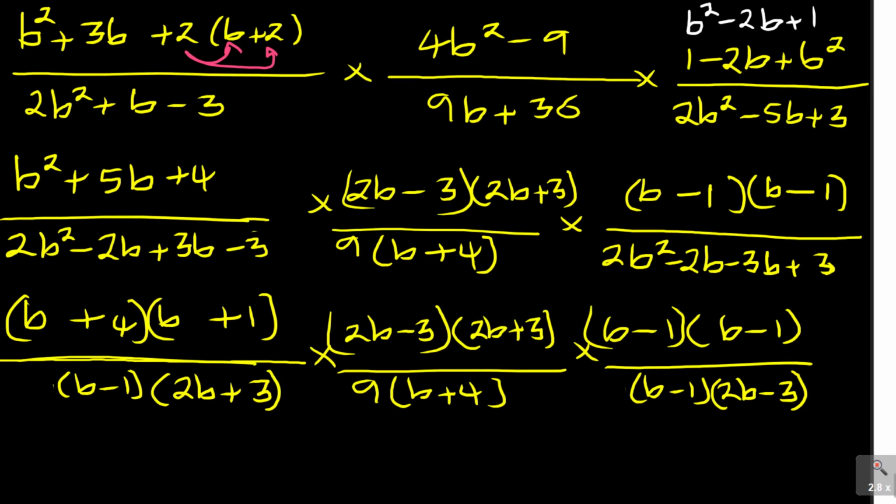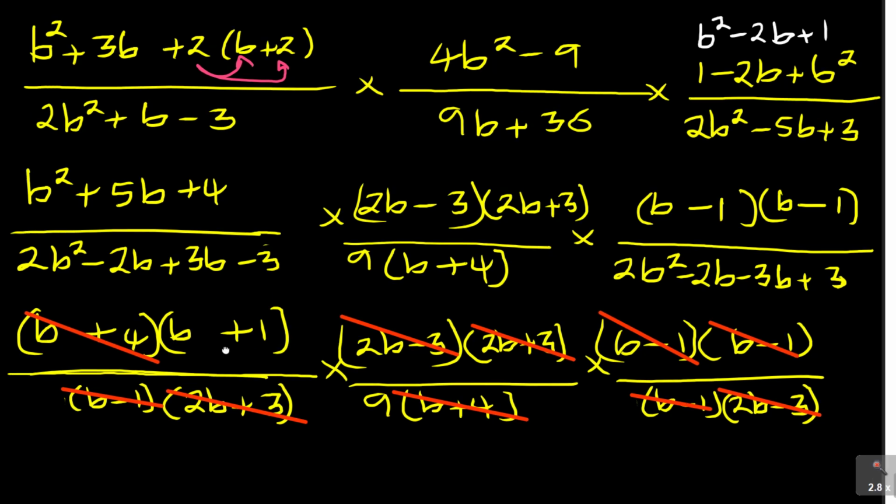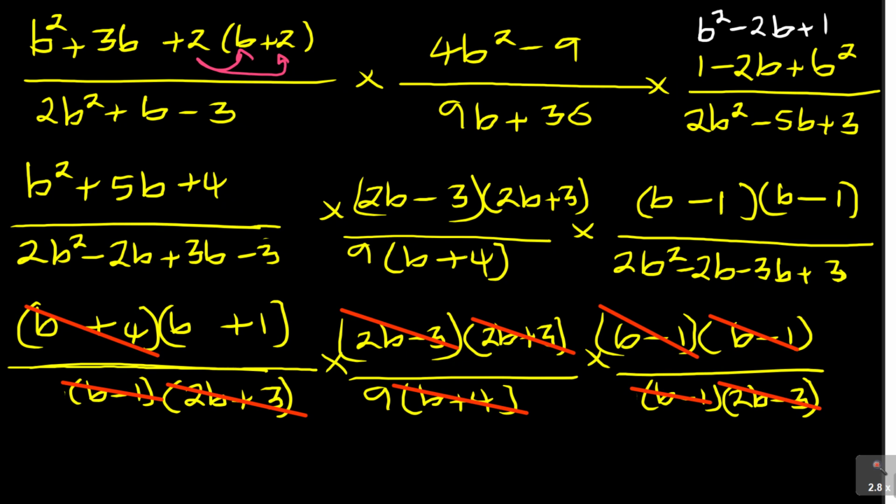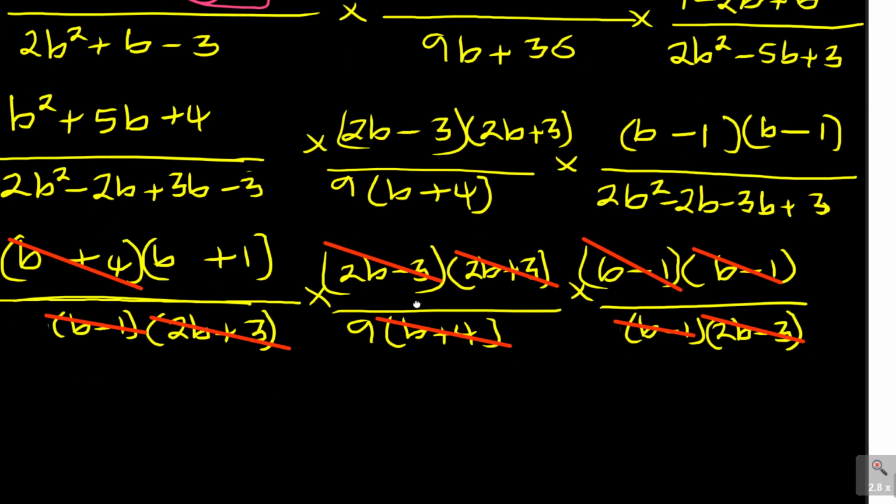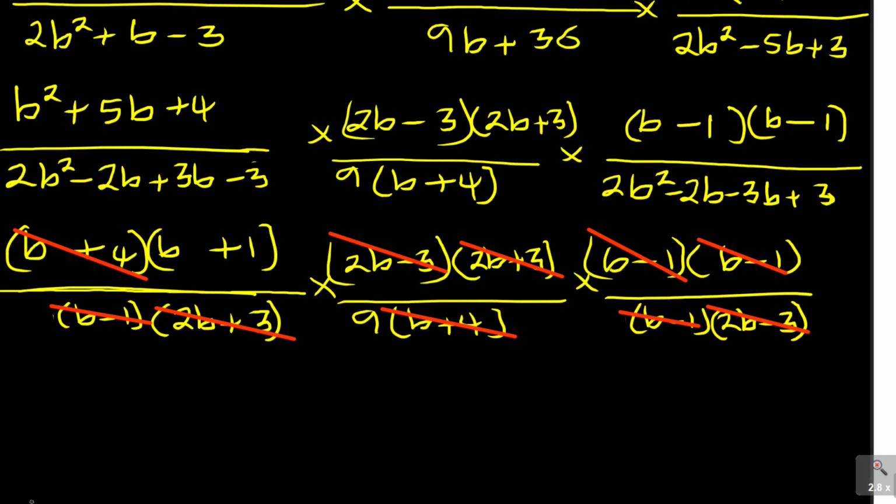Okay, before we do this, we can cancel out stuff, right? So let's cancel out stuff. The first one, what is it that we can cancel? Do you see something? Yes, b plus 4, b plus 4. b minus 1, b minus 1. There is another b minus 1, b minus 1. And then 2b minus 3, 2b minus 3. 2b plus 3, 2b plus 3. And then only one is remaining on top, which is b plus 1. You see that? On top, we have got b plus 1. And then the bottom, we've got 9. So that is what it might lead up to. Sometimes it's simplified like that, which is b plus 1